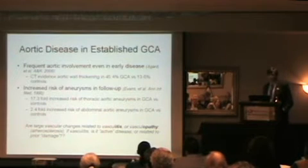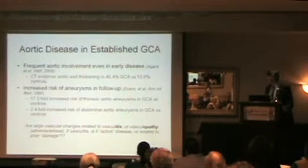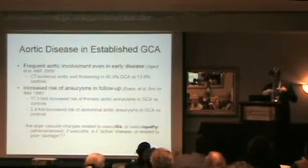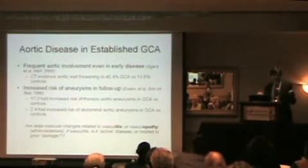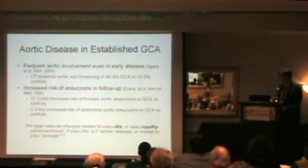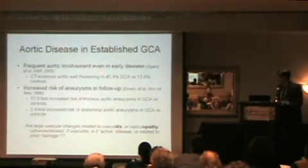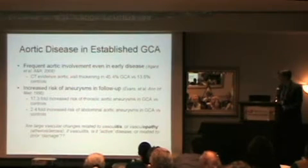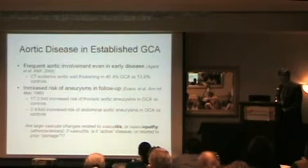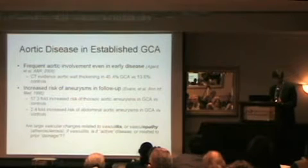Again, getting to the idea of difficulty in diagnosis, this is a slide talking about the likelihood of aortic involvement. So remember, there are many large blood vessels. Dr. Hoffman showed you the branches off the aorta being involved in Takayasu's arteritis, which is a large vessel vasculitis. The aorta and its major branches can be involved here as well. And if you look in patients, even with very early disease, there's evidence by CAT scanning of aortic wall thickening in up to maybe about 45 to 50% of these patients. But if you look at age-matched controls, maybe about 14% of them will similarly have vascular changes in the aorta